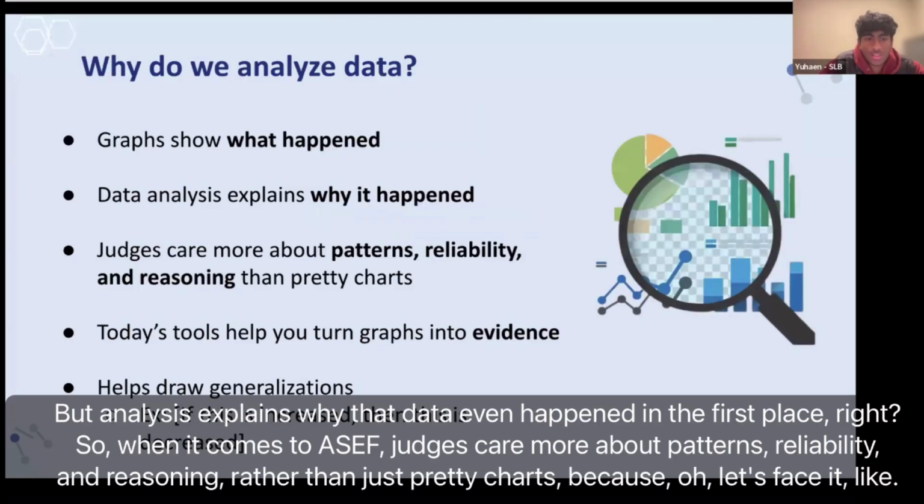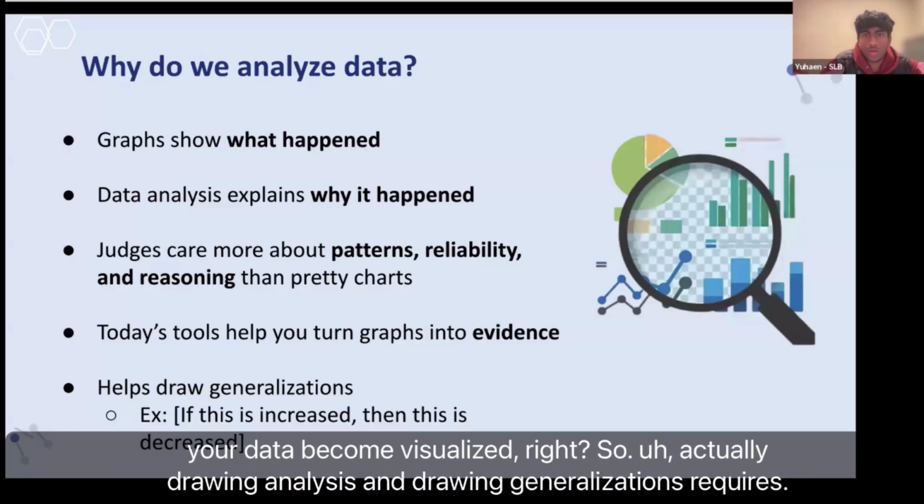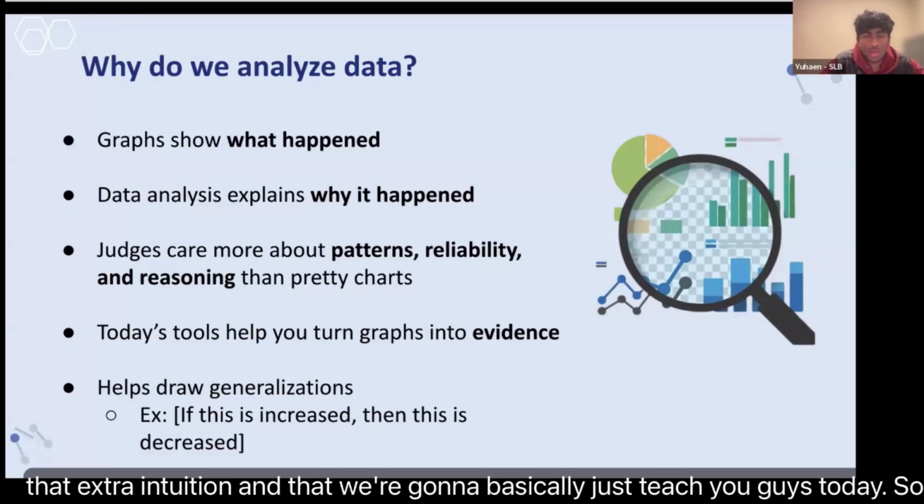When it comes to ASEF, judges care more about patterns, reliability, and reasoning rather than just pretty charts, because let's face it, charts are great and all, but the actual value that these charts have is the analysis that comes from it, right? The Google Sheets that we use today is just a tool to help your data become visualized. Actually drawing analysis and generalizations requires extra intuition, which we're going to teach you